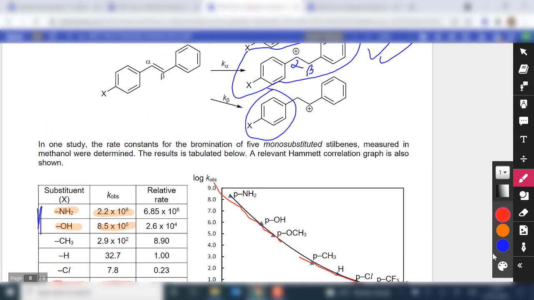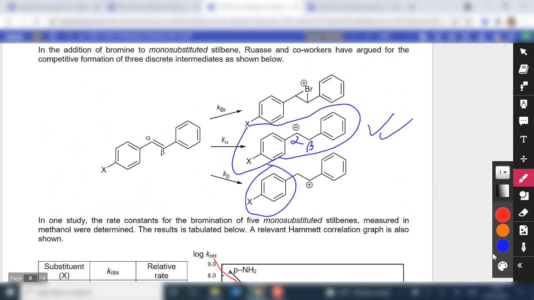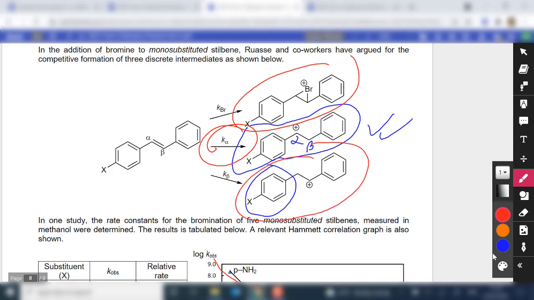Okay, so from here you realize that the reaction mechanism is likely to change from something like this to maybe a cyclic bromonium, maybe, and then to one where, because I have a withdrawing group, I want to prevent the carbocation from being next to the withdrawing group, so no go for this. And in the case of my cyclic bromonium, you realize that the concentration of the positive charge is still around these two carbons, but it's somewhere smack in the middle. So in that case, I want to be as far apart as possible. So in this case, this intermediate is preferred. So to some extent,